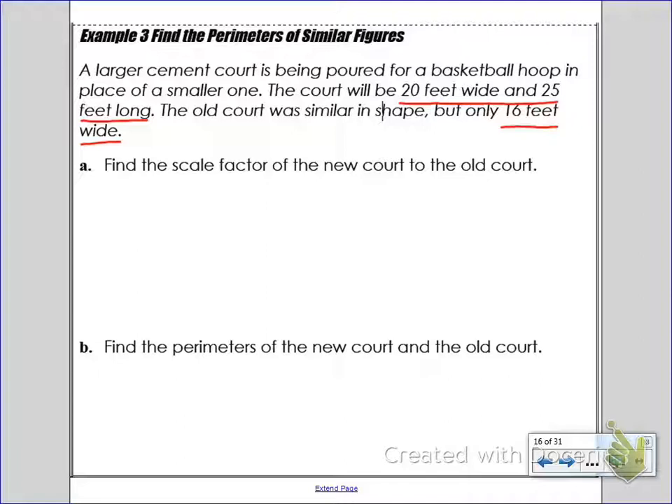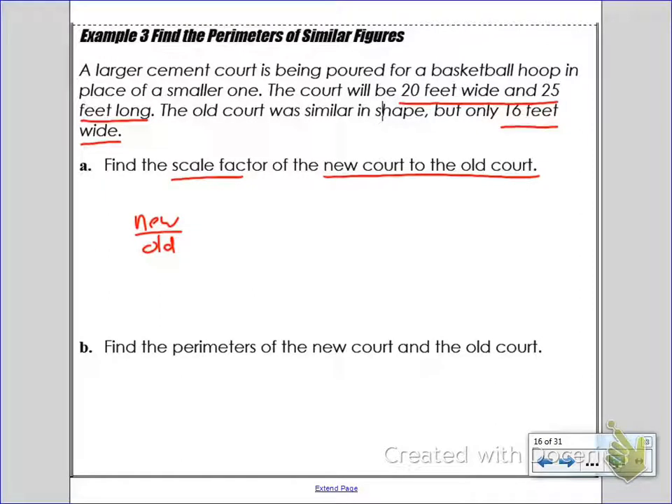So the first thing we want to do is find the scale factor of the new court to the old court. Again, new court comes first, so that's the number that's going to have to come first. Since I'm only given one measurement about my old court, 16 feet is the width, I have to use width. So I'm going to go width with width here. 25 feet long is the dimension of the new court, but I don't know how long the old court was. So 20 feet wide for the new court, 16 feet wide for the old court. And I want to go new